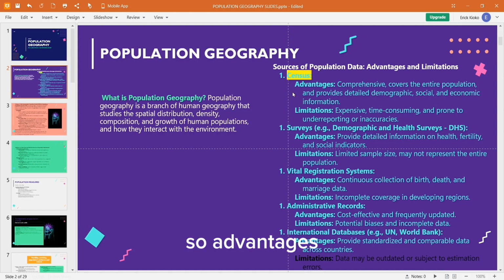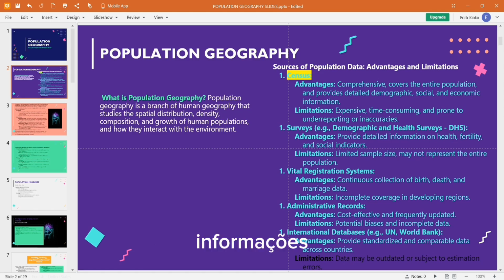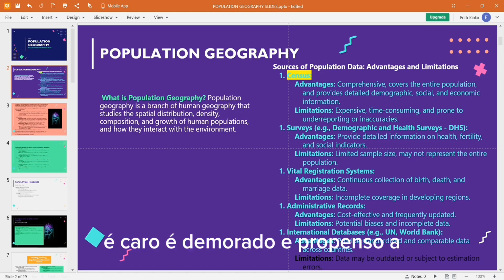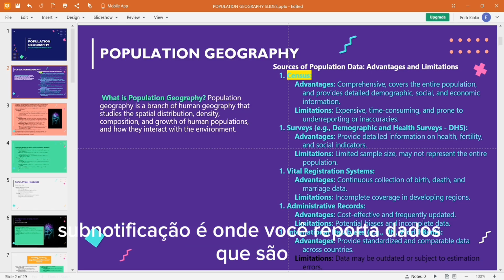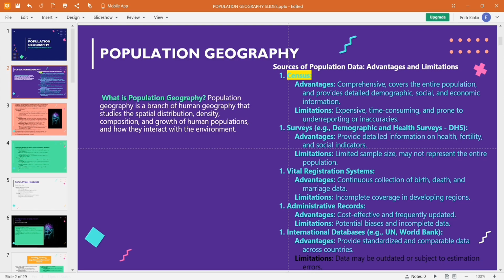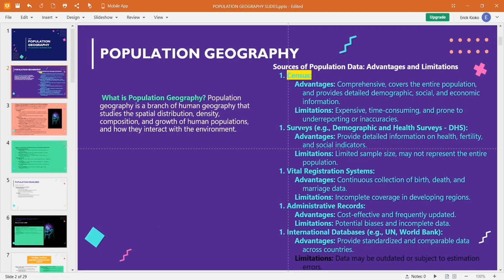The advantages are that it is comprehensive, covers the entire population, and provides detailed demographic, social, and economic information. Limitations: it is expensive, it is time consuming, and prone to underreporting. Underreporting is where the values reported are lower than the actual population size. Let's go to